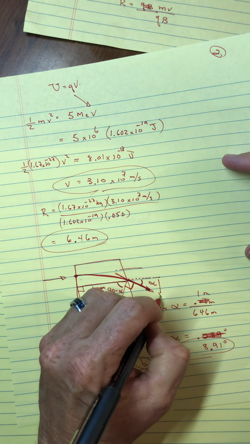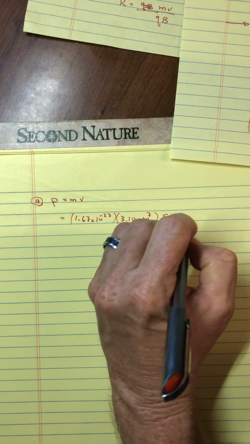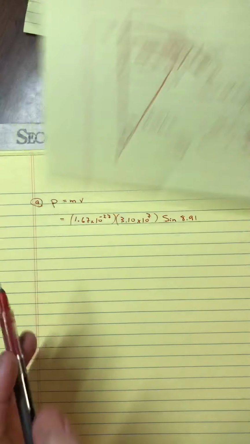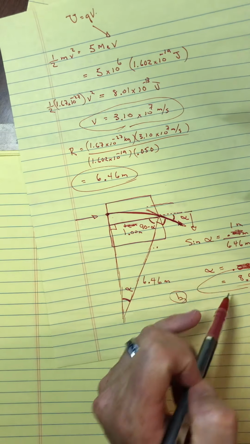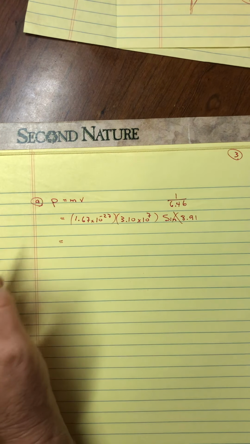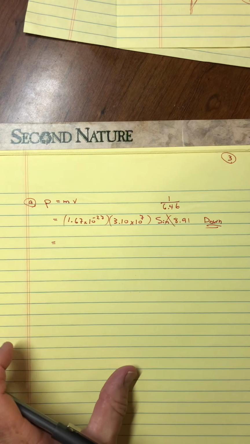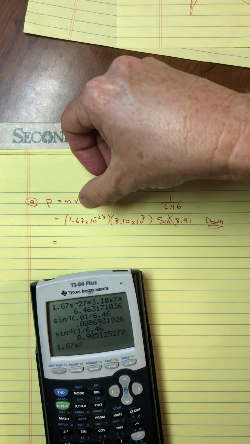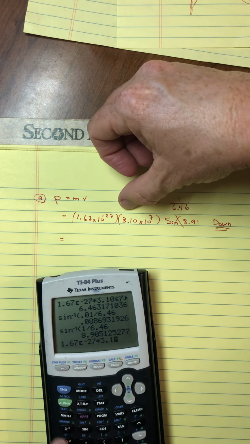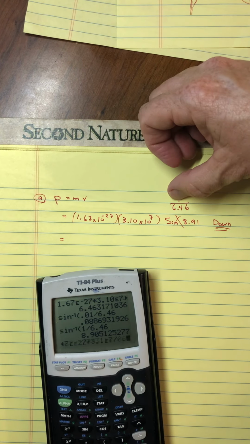Now, since it asks for its y component, that would be times the sine of alpha. Okay, so the sine of 8.91 degrees, which of course we know to be 1 over 6.46. So we could just write that as 1 over 6.46. That's how we figured out this angle to begin with. And I guess you might say that would be down. So if we want to be technical with the direction of our y component, and we probably should, this is going to be a negative component. All right, so putting in our numbers, 1.67 times 10 to the negative 27 times 3.1 times 10 to the 7th, and then finally times 1 divided by 6.46,